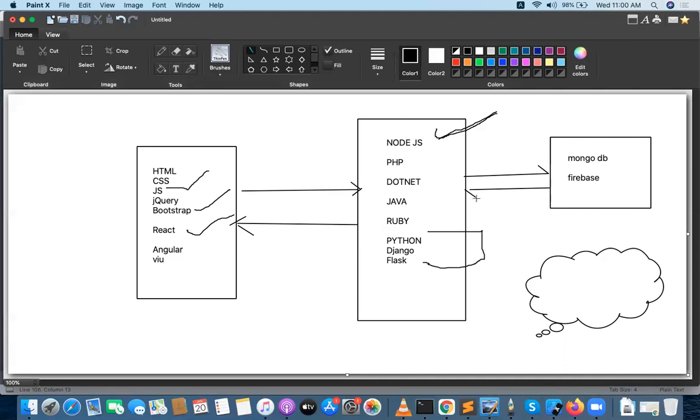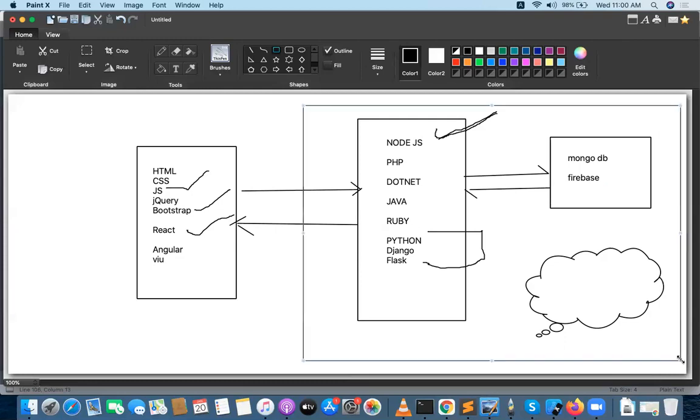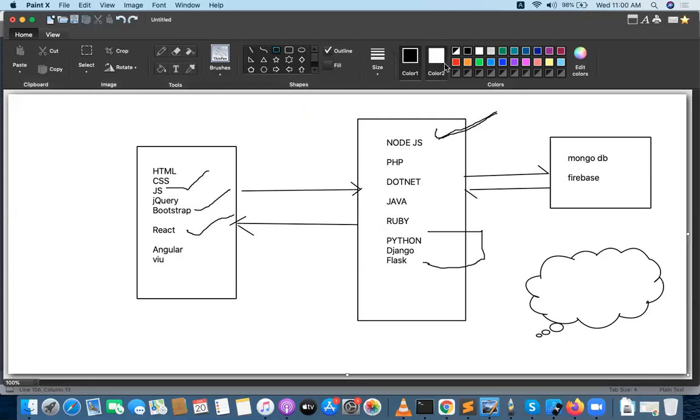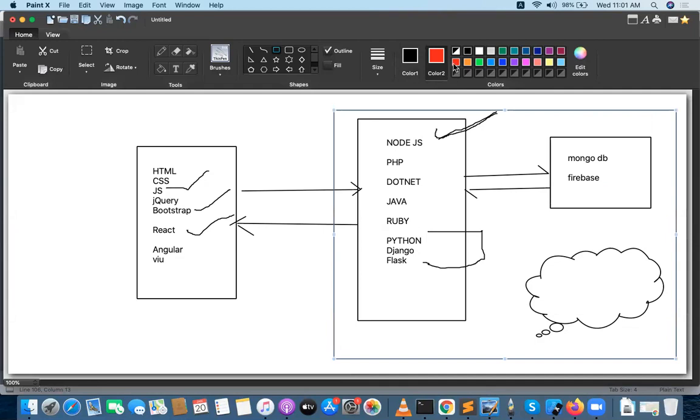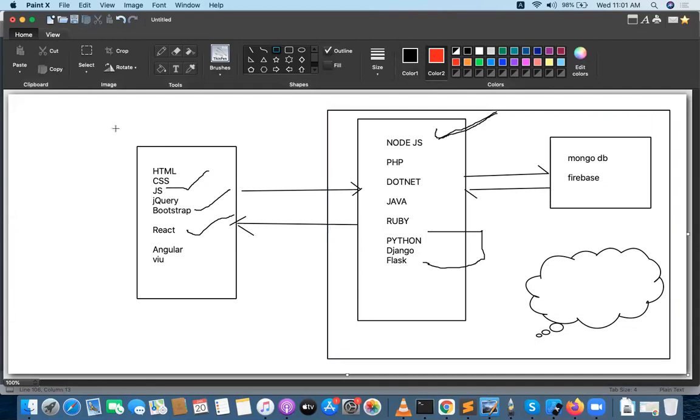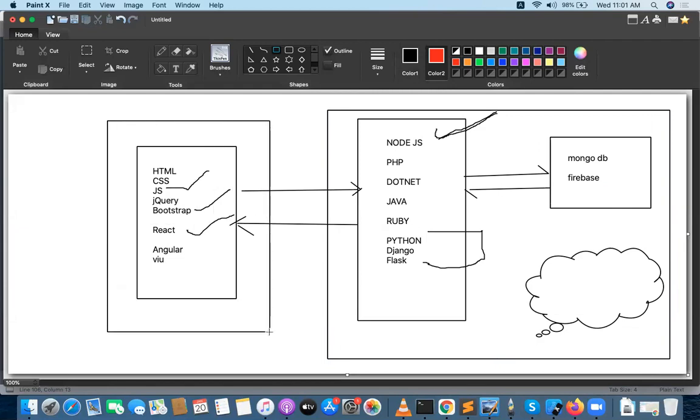Front end and back end. This is all back end. This is all called front end. This is all back end. Let me take a very simple, nice color for this. This is all called back end. Sorry, the color is not fitting. And this is called front end. And we will communicate front end and back end finally in real time.